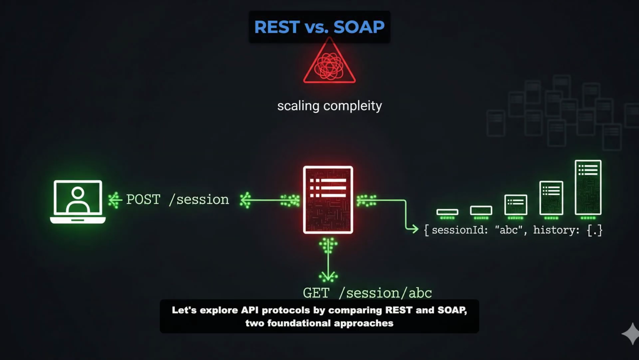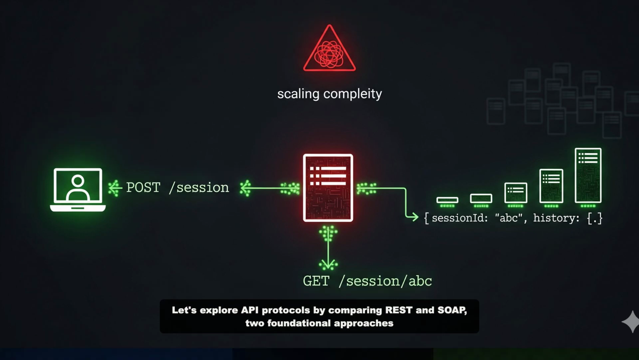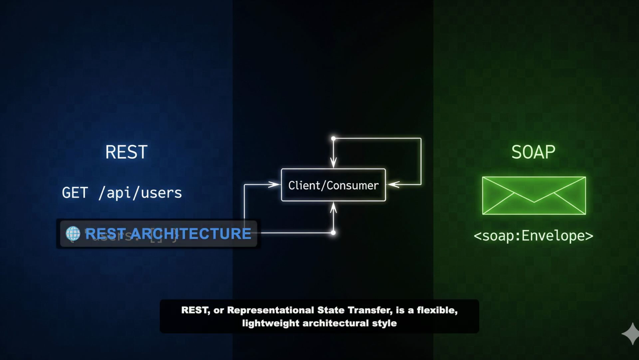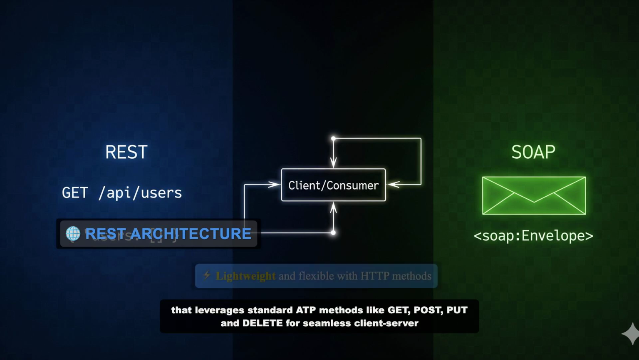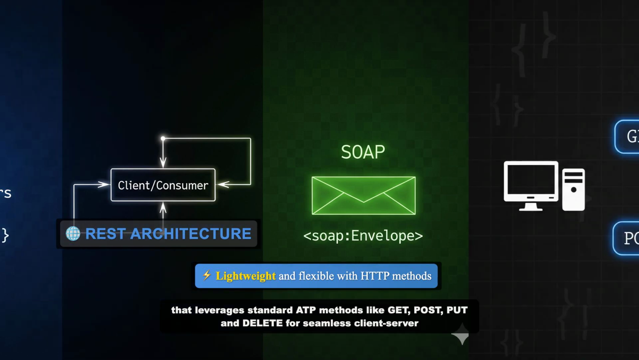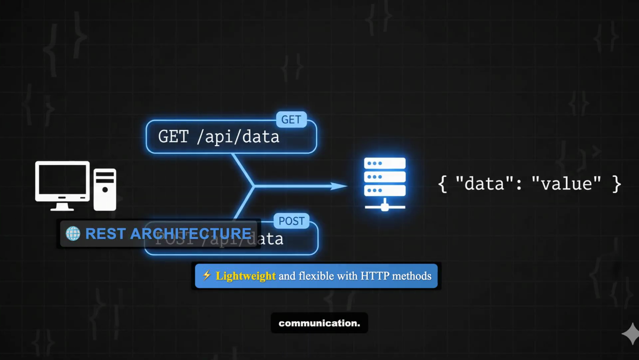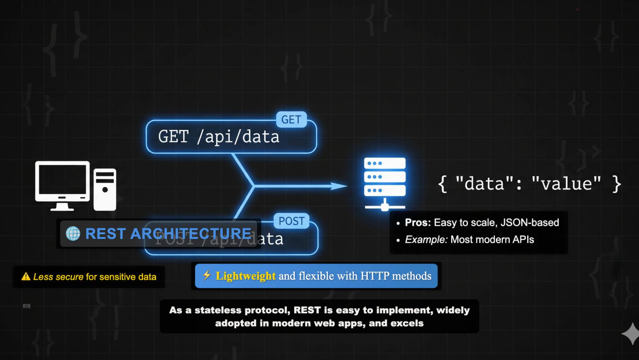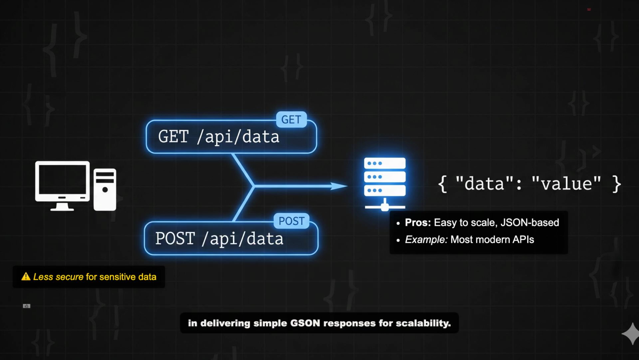Let's explore API protocols by comparing REST and SOAP, two foundational approaches in full-stack development. REST, or Representational State Transfer, is a flexible, lightweight architectural style that leverages standard HTTP methods like GET, POST, PUT, and DELETE for seamless client-server communication. As a stateless protocol, REST is easy to implement, widely adopted in modern web apps, and excels in delivering simple